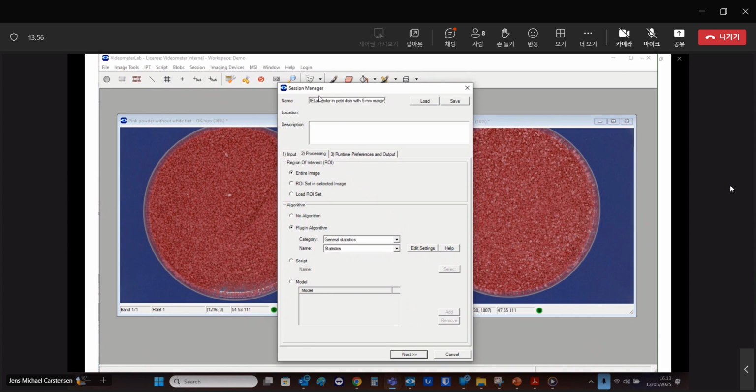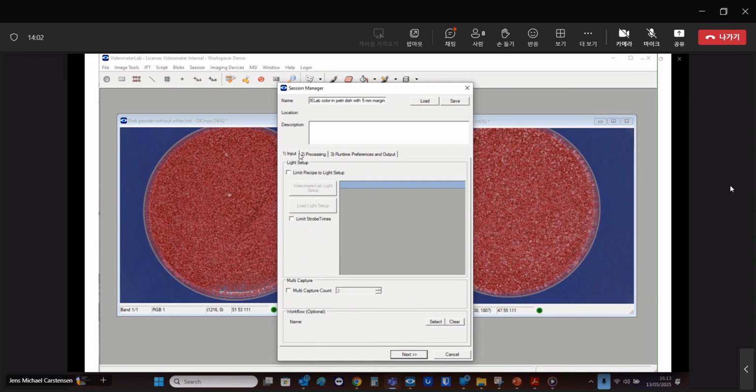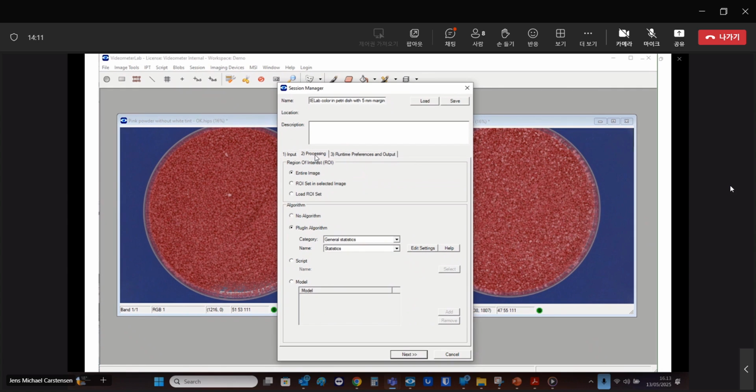So that's our session recipe we want to make. We don't really want to do anything about the input here, which is the first part of a recipe, because we want to get them from disk, so we don't want to impose any restrictions on how the images are generated. On the processing side, we want to choose the general one, general statistics, which is also the default,